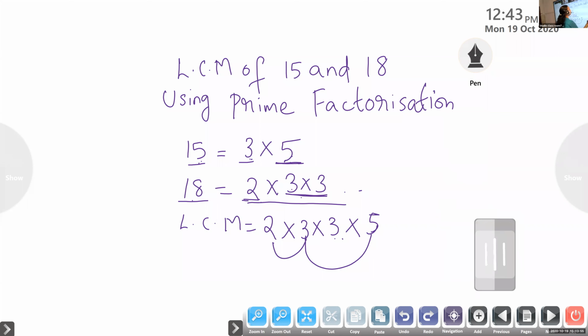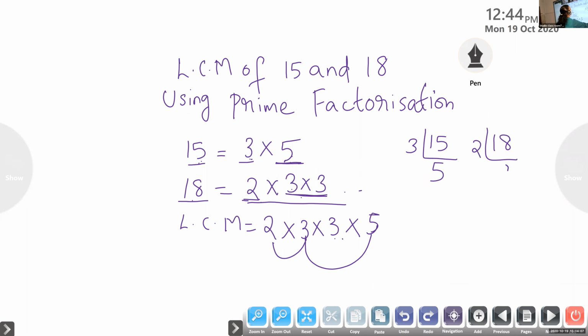Agnes asked me, can we do division method? Yes, we can do division method also. 15 divided by 3, we can take 5. 5 into 3, we can write 15. And 18 also we can write using this factor tree or division method. Anyway, you have to do prime factorization. Together we will do next time. Okay, Agnes. Yes, Gautam? No, ma'am. Nothing.